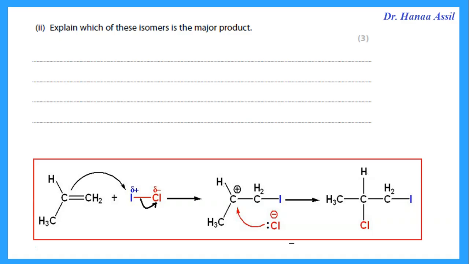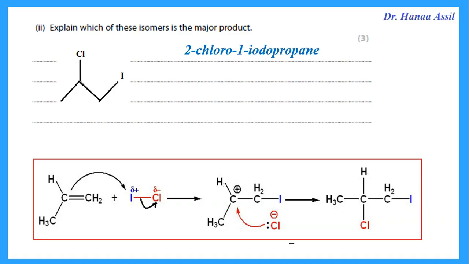And you should remember that a secondary carbocation is more stable than a primary carbocation. So if I put the iodine on the carbon in the middle, then the carbon on the end would be a primary. That's less stable. So that is why we put the I on the end, and then the carbocation in the middle is now a secondary carbocation that will be attacked by the lone pair of electrons on the Cl minus. So this is the major product,